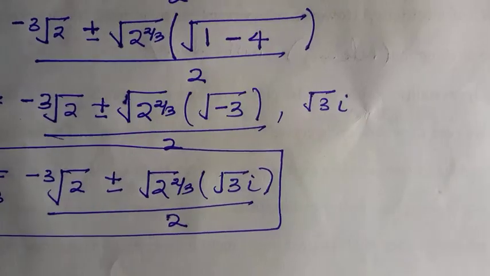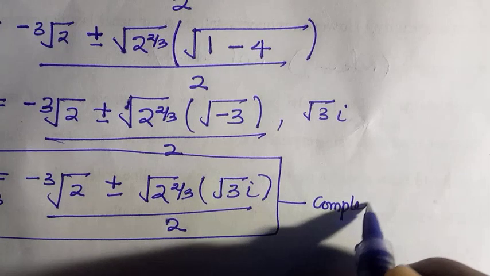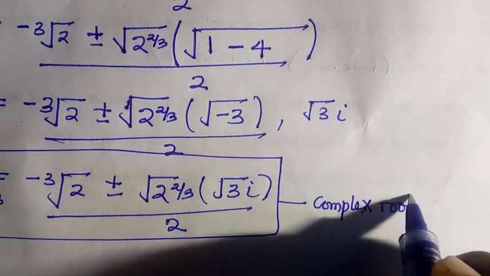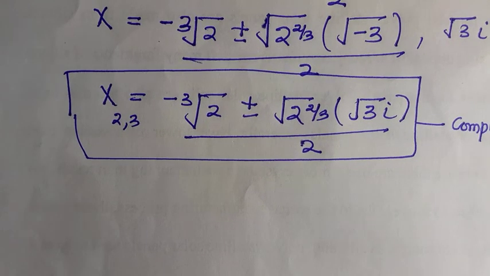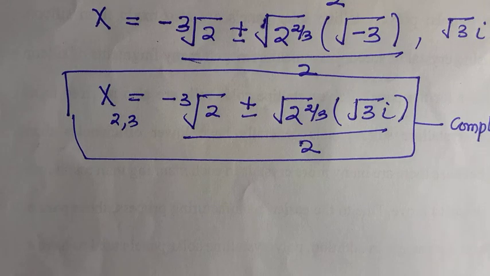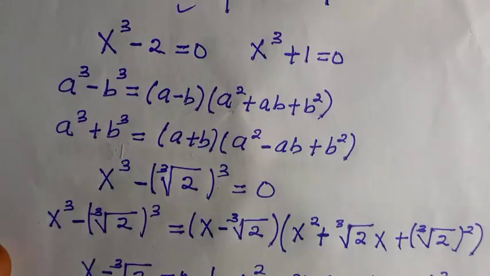So the complex root here, which we just got as x2 and x3, does not satisfy the equation, but the first one, which is the cube root of 2, satisfies the equation. You can check for that. So let's see how to obtain the other roots. But if you check what we have from the above,